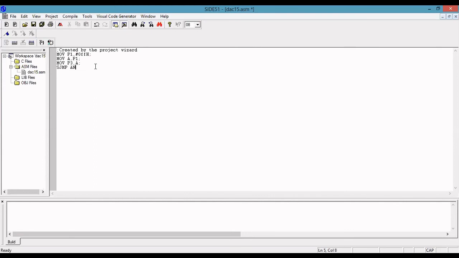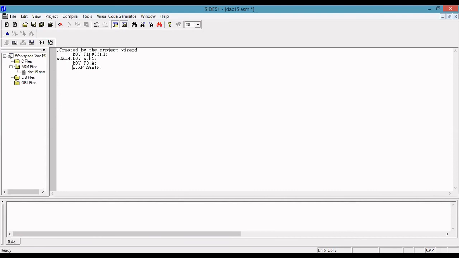again. So jump means it will go to this instruction.